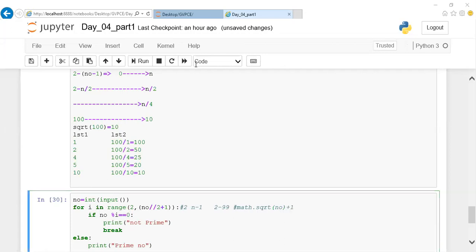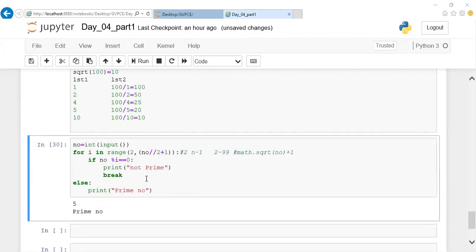Guys, I want you to try this out, and we'll discuss it in the evening session. Before that, I want you to try it. There is nothing great here. Just import your math module and try to implement this logic. Ganesh, it will work even for perfect square numbers. That's the reason I keep saying it will work for all numbers. I just want you to try it.